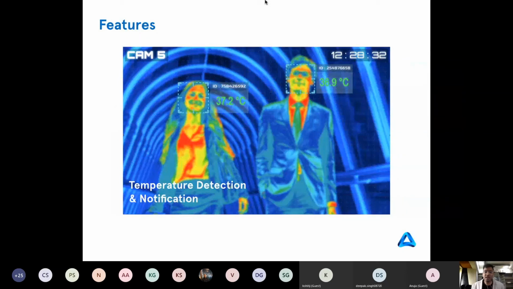Then temperature detection is a very core component of this, where employees or even visitors can have their temperature detected and a log can be maintained. There's also traceability in the system.